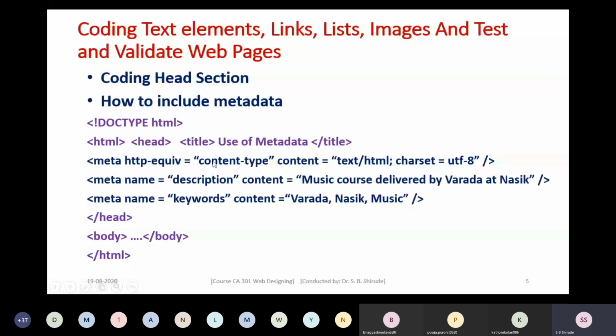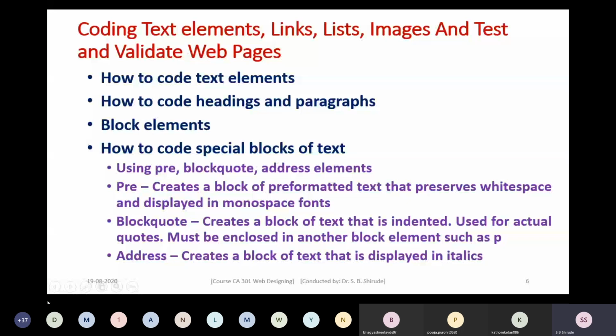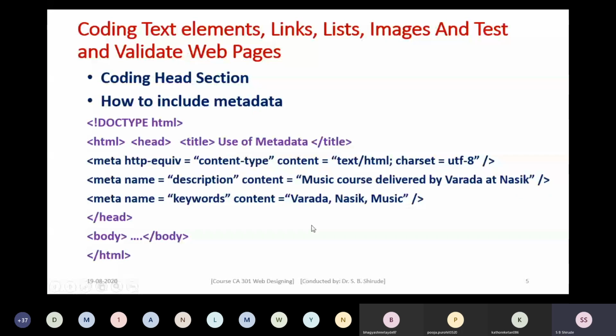So what does this particular attribute mean? This allows you to specify the HTTP equivalents that you can use in this particular web document. Here, which HTTP equivalent are we going to specify? That is the content type. Next to that, there should be the attribute content, and the value of the content is text/html.